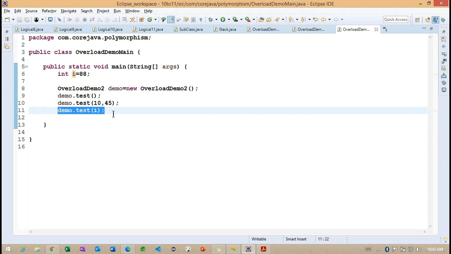Yet we are not getting any error. Why not, even though we don't have the particular method here?